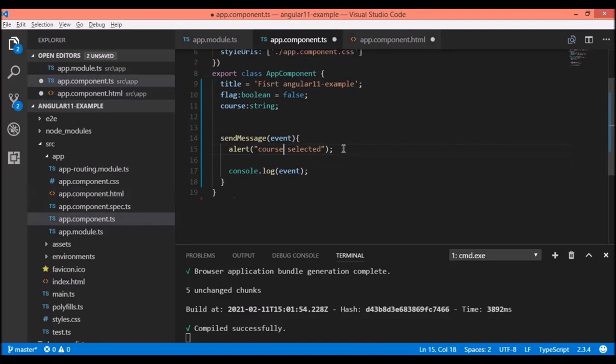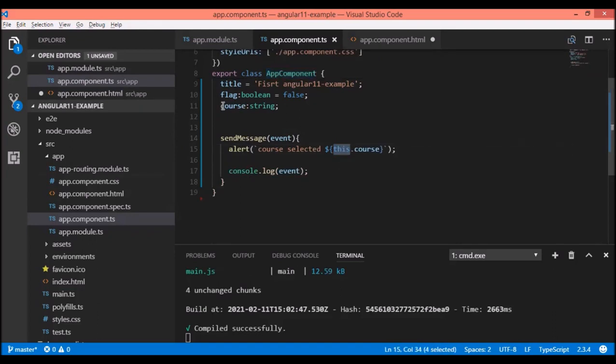So I can have this backtick also. Okay, so I can have it like this. Why this? Class name. Yes, it's an instance variable. So what I'm doing, course selected, this dot course. Why have we written this?